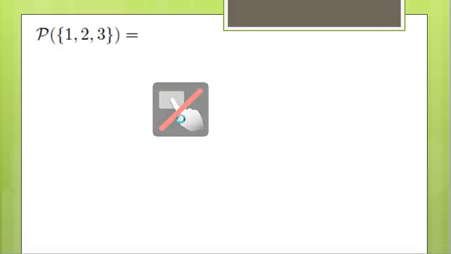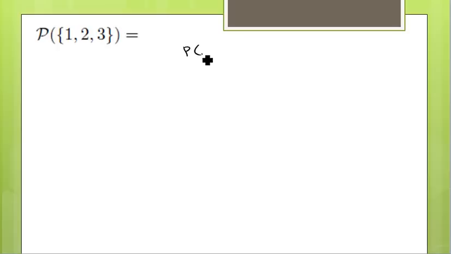Okay, so we're doing a simple power set example. We're going to find the power set of the set that contains three numbers, the numbers 1, 2, and 3. Now, as a reminder, the power set of some set A, the definition of this is the set